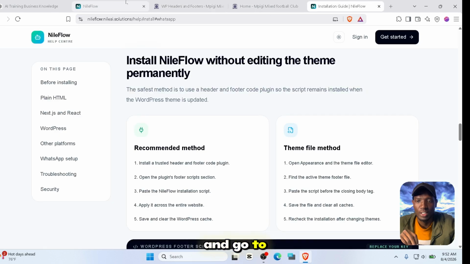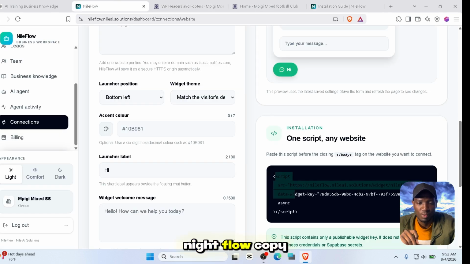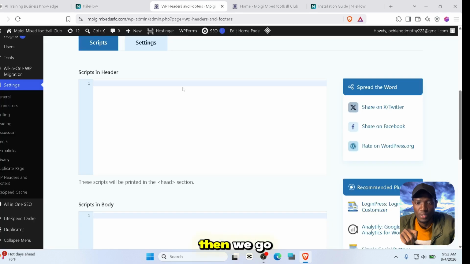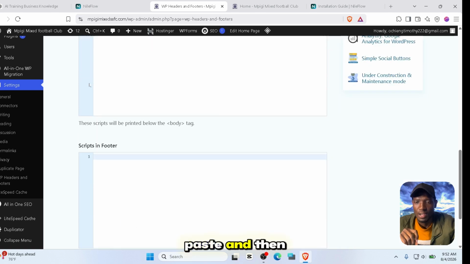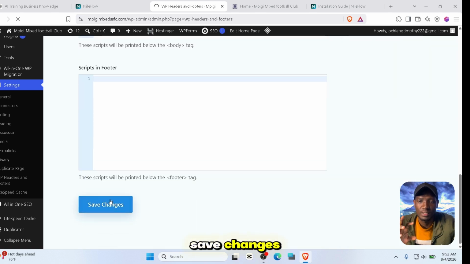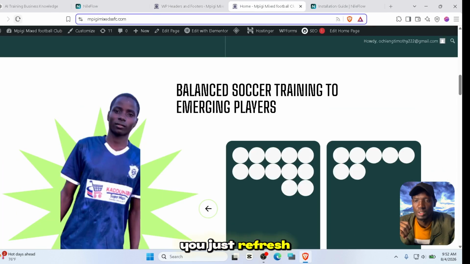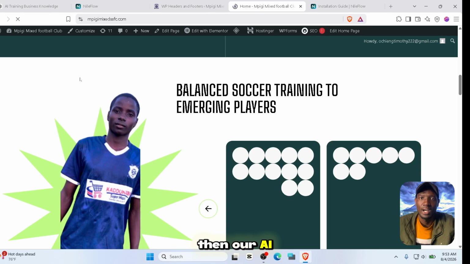So go ahead and go to our script from NileFlow. Copy everything. Then we paste it here. Paste. And then after that, we save changes. So that is it. After that, you just refresh the page, and then our AI agent will be available